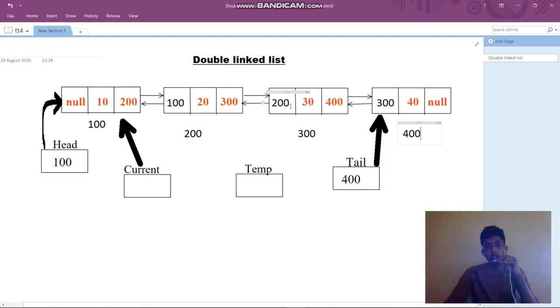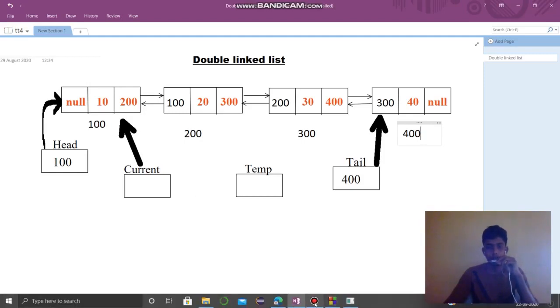So position minus 2 means 3 minus 2, which is 1. So i equals 0. While i is less than 1, 0 is less than 1, so yes, it goes inside: current equals current of link, so it points to 200. Now i is incremented to 1. Is 1 less than 1? No, the condition is false.